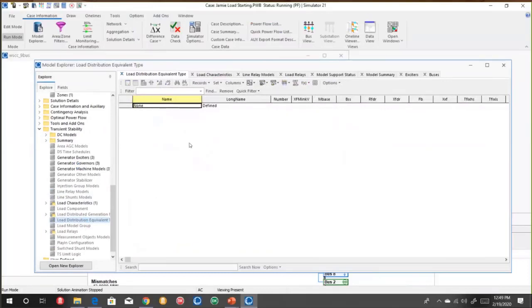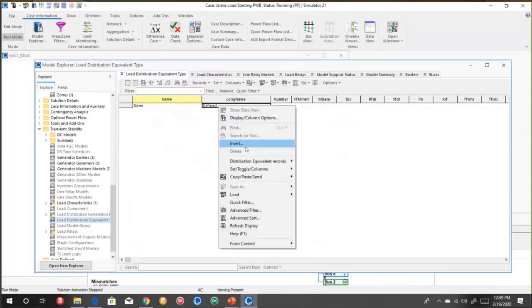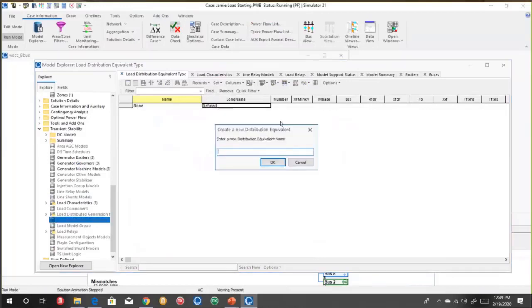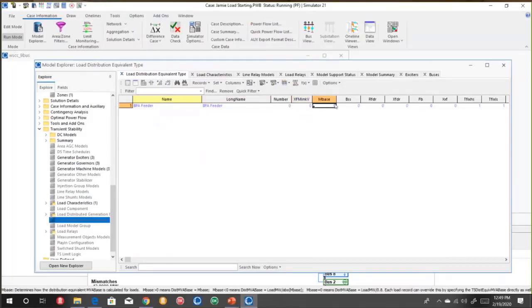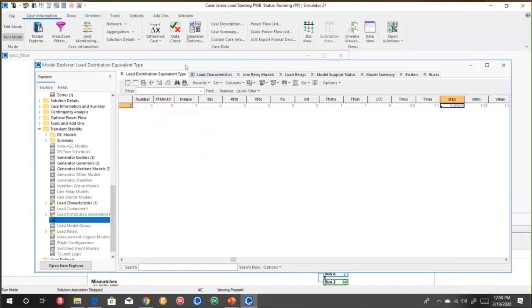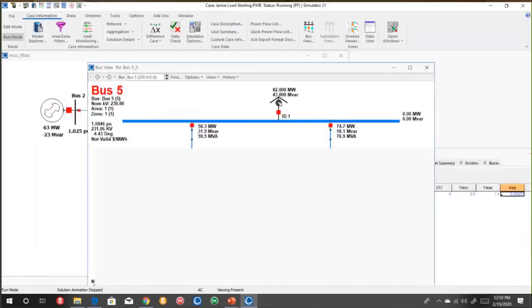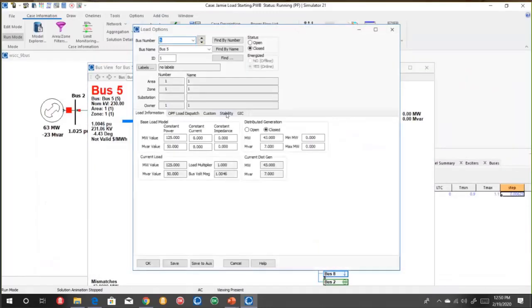So in here, there's a thing we call a load distribution equivalent type. Usually you're just going to get this from the DYD file, but I might create this. I'll call it my DPA feeder. And if you look at it, you're just putting in all the input parameters of a particular feeder. Then when I'm over on a load, I can say,